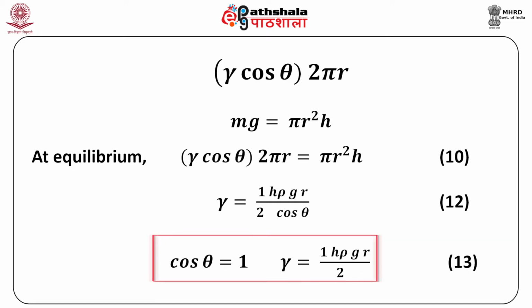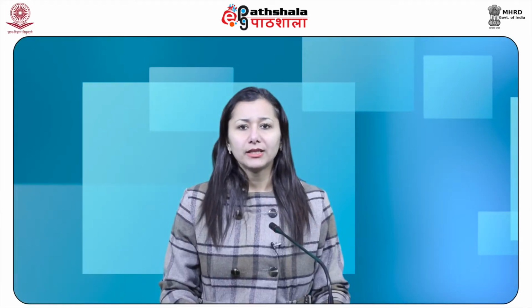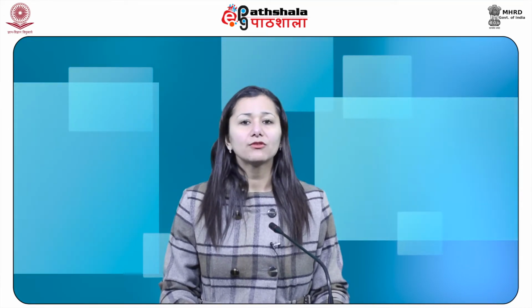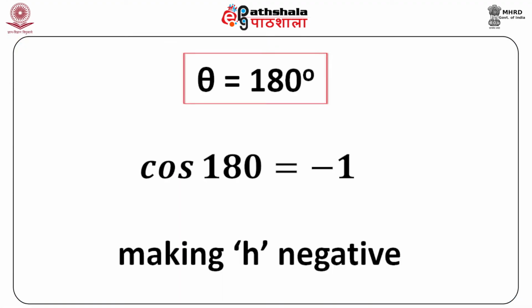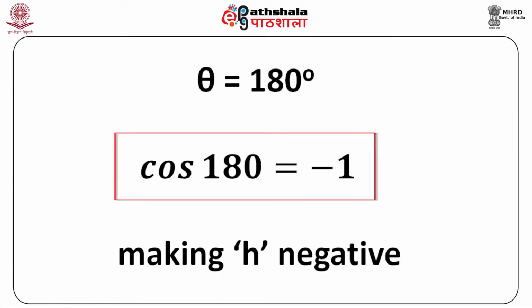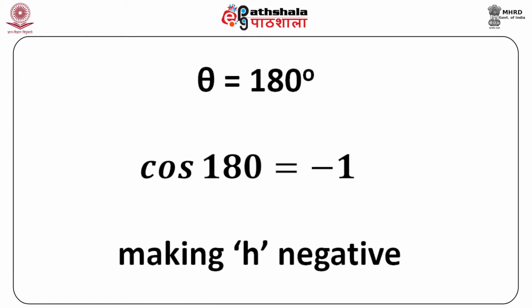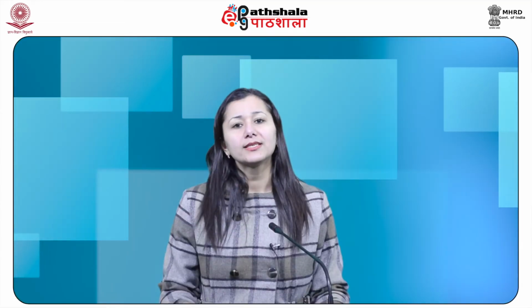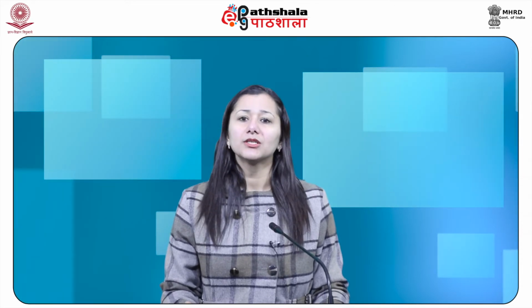The value of theta for most of the wetting liquids is very small, that is close to 0, so that cos theta becomes 1 and we have gamma equals half h rho g r as our equation 13. For non-wetting liquids, the value of h will come out to be negative. For example, in the case of mercury, the value of theta is 180 degrees and cos 180 is -1, making h negative. This is the reason when a mercury drop falls on a clean, level surface, it becomes a truncated